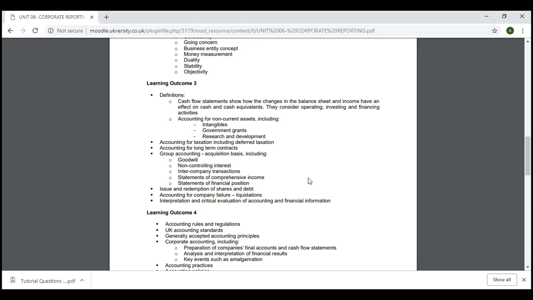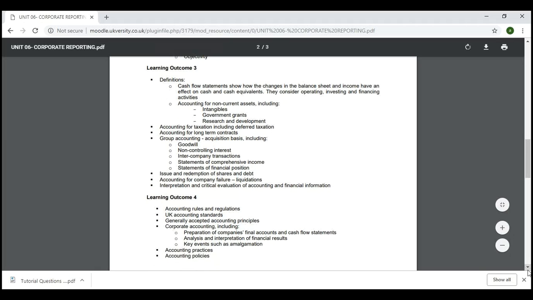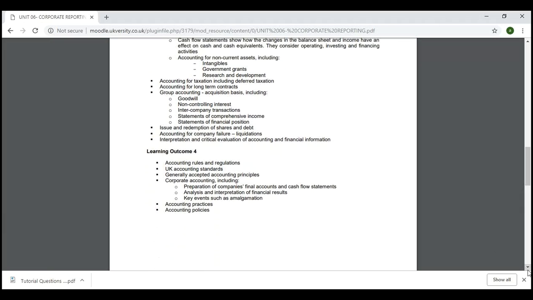Comprehensive income, I showed you. Profit and loss, issue and redemption of shares: we can issue shares, redeem them, buy them back, or sell them. So all about the shares. Liquidation, which I mentioned, is when companies liquidate. Gearing ratios help to measure how much risk there is. It can lead to liquidation if we have a high gearing ratio.